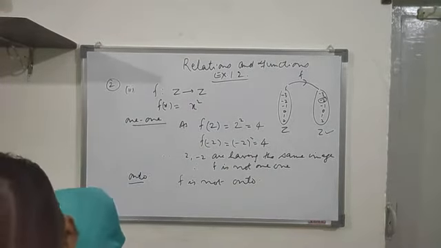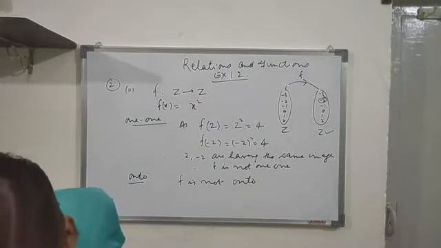Question number 3 is that f is a function from R to R, set of real numbers to real numbers, such that f(x) equals [x]. You're familiar with this notation, x written within the square bracket. That means it is the greatest integer function. Now you have to show whether this function is 1-1 or onto or not.